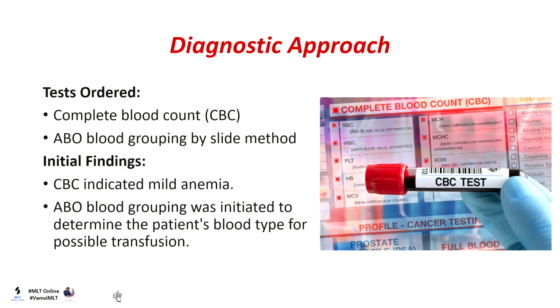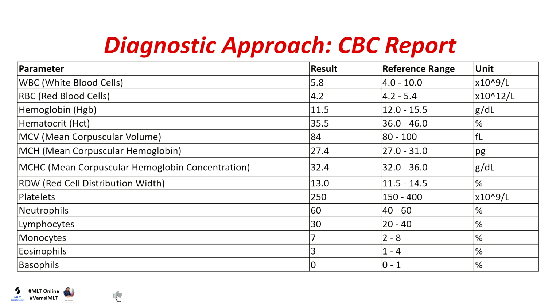The diagnostic approach included tests ordered: CBC and ABO grouping, done by the slide method. The initial findings: the CBC indicated a mild anemia, and ABO grouping was initiated to determine the patient's blood type for possible transfusion. So the results of the CBC are here. The WBC is normal at 4.8; the normal is 4 to 10,000 cells per cubic millimeter of blood. RBC is 4.2, and the normal range is 4.2 to 5.4, which indicates the RBC is slightly